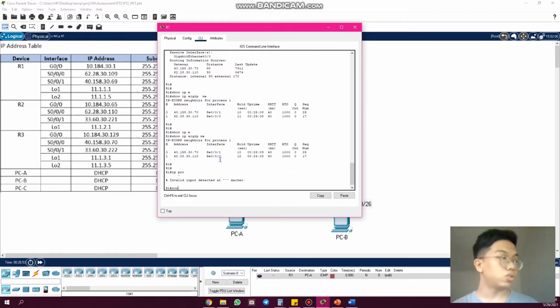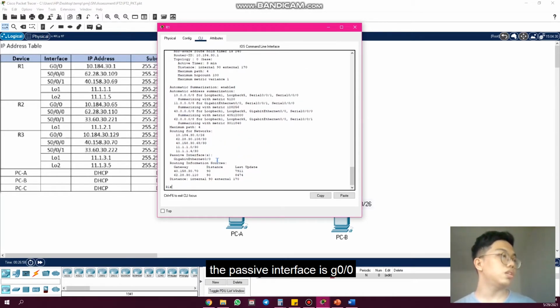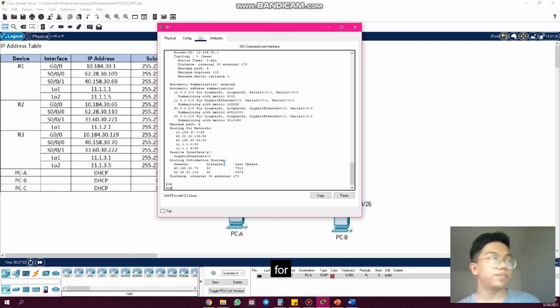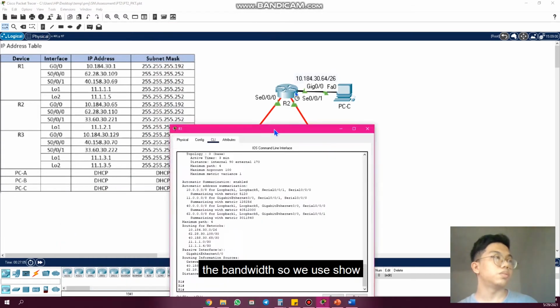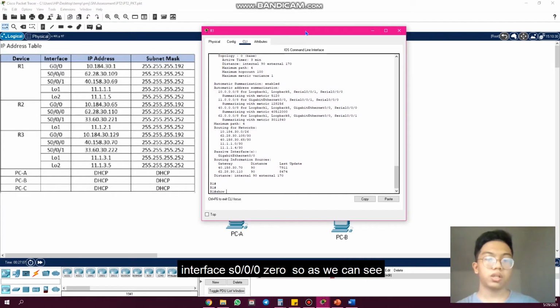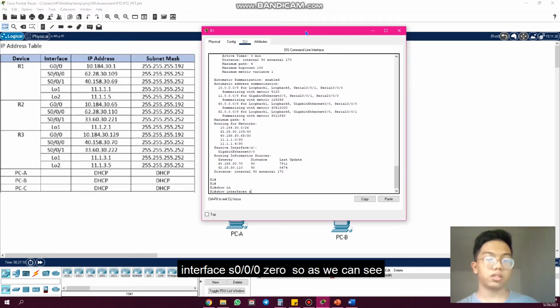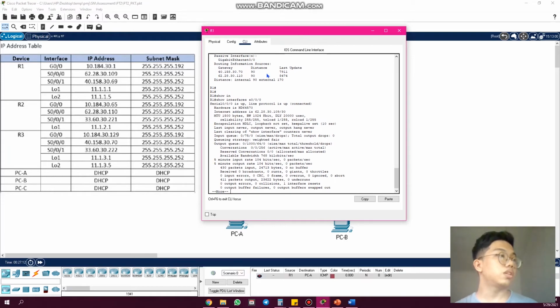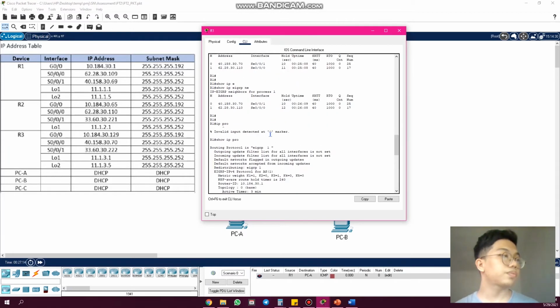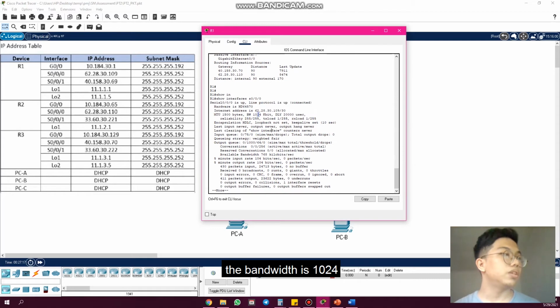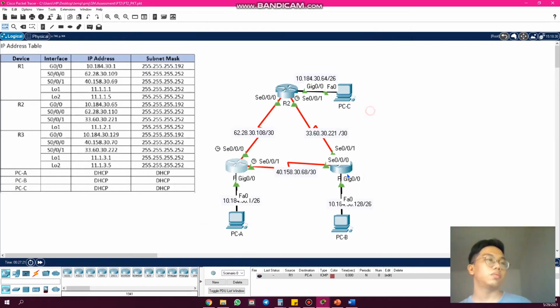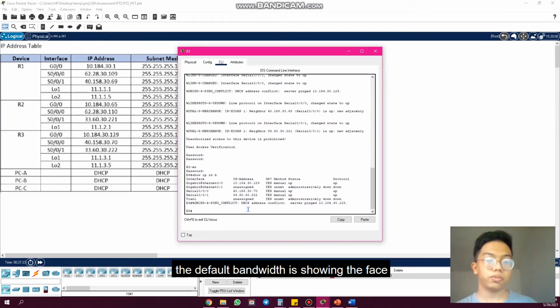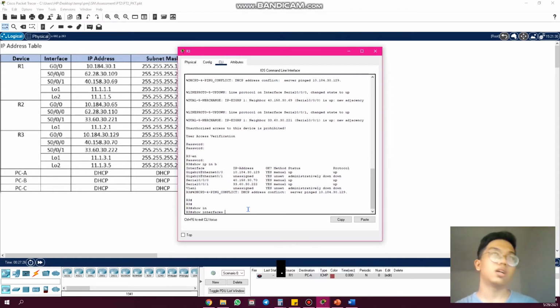Show ip protocol. Okay, so as you can see, the passive interface is G0/0. Then for the bandwidth, we use show interface S0/0/0. So as we can see here, the bandwidth is 1024. But the default bandwidth, let's see, show interface